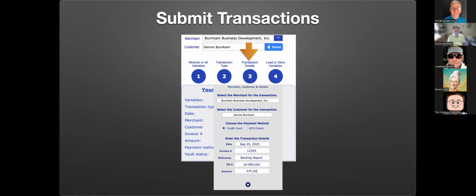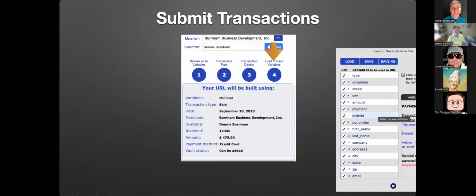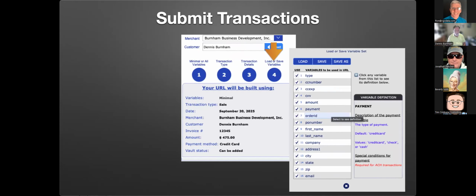And the 5 fields at the bottom are optional except for amount, because obviously you have to have an amount to run a charge, and you would get an error message if you fail to do that. But you can make up whatever reference might be relevant for that particular invoice. You would know the invoice number because you're connected to the customer's database and you know what invoice you're trying to get paid. And then the fourth step shows you all of those variables having been inserted